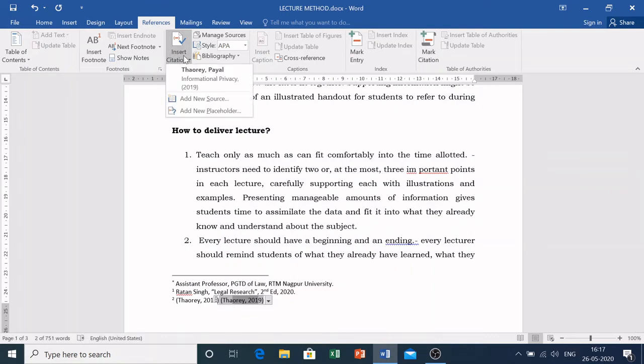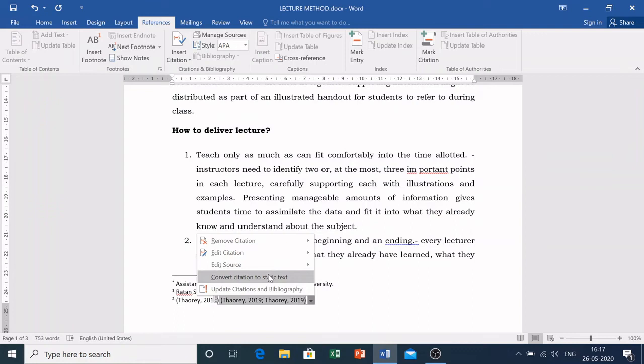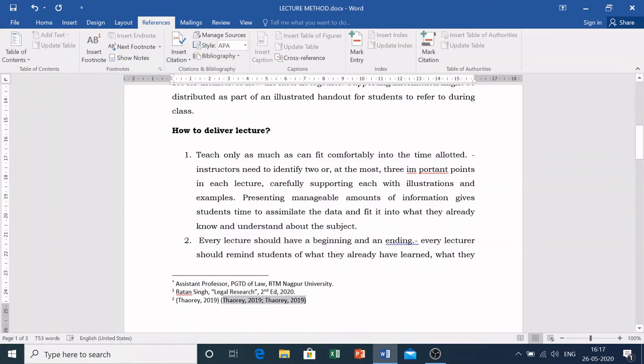I have to remove this. You can convert this into static text and delete whatever is extra there. So automatically now this particular citation appears in APA style.